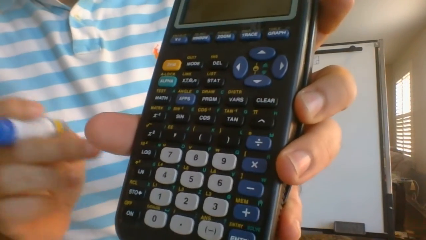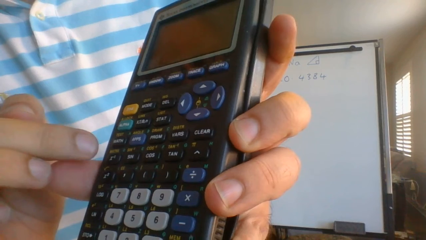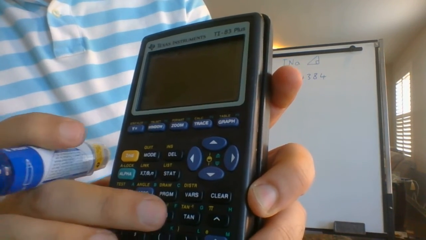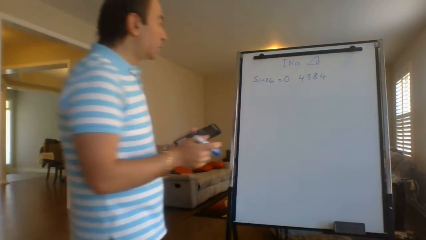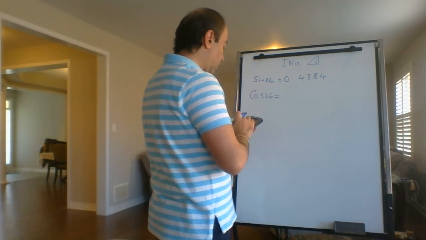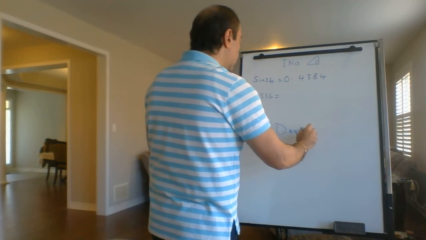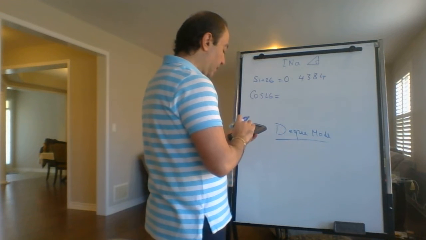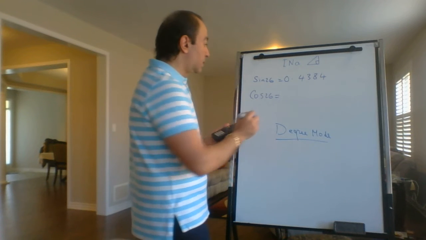Okay, so the sine, you can see it. The sine is this over here: sine, cosine, and tan. Okay, and if we want to find cosine 26, we press on cosine. We must calculate it in degree mode. We must have degree mode, otherwise everything will be wrong. So cosine 26 equals